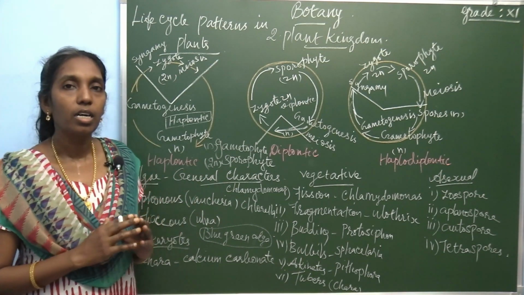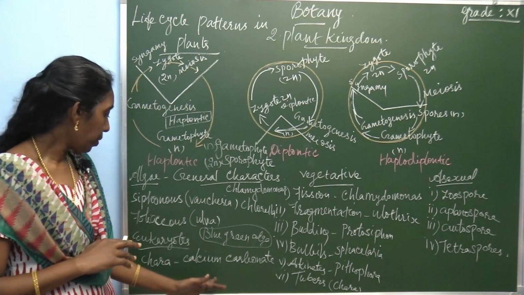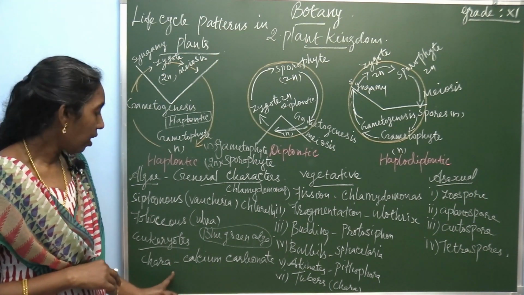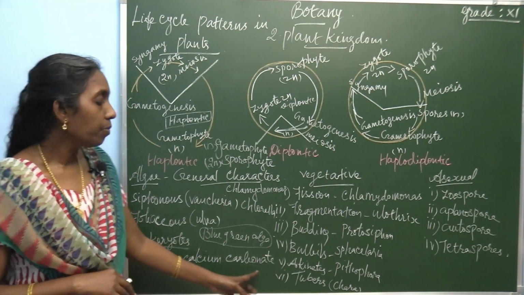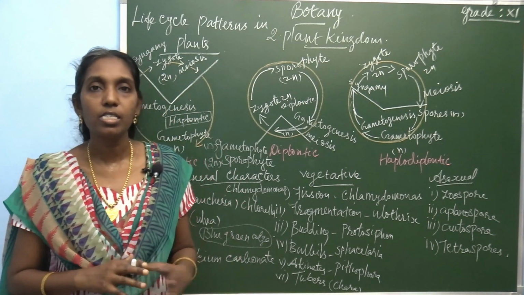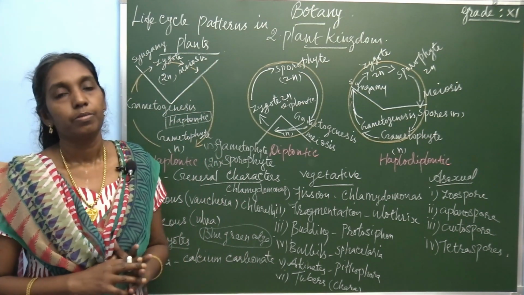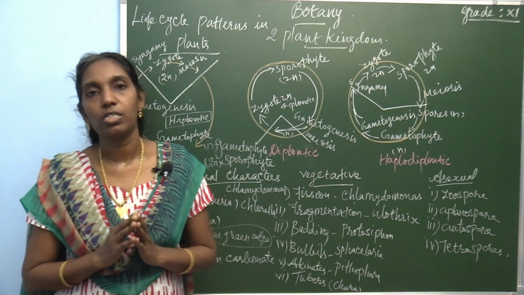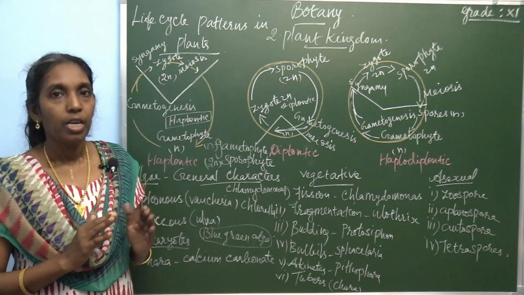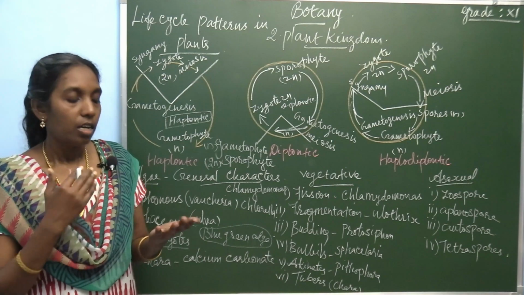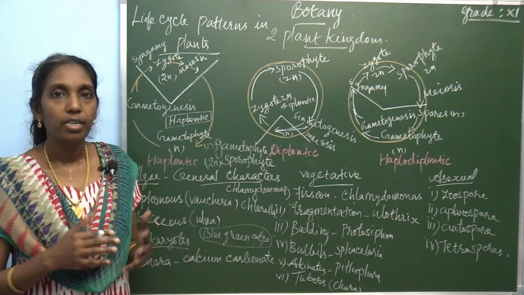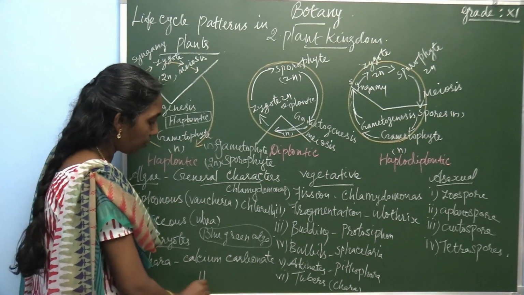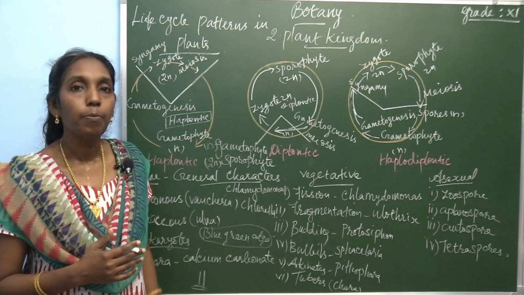Cell wall of alga is made up of cellulose and hemicellulose. In Chara, there is an example of alga, Chara, which consists of calcium carbonate. Calcium carbonate is present in Chara. Then there is pigmentation. A special type of characteristic feature in alga is pigmentation. Based on the nature of pigment, red color, blue green, green color, there are different types of classification. Fritsch classified 11 different classes of alga based on the pigmentation.